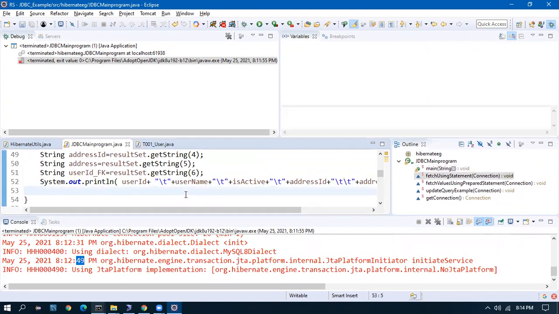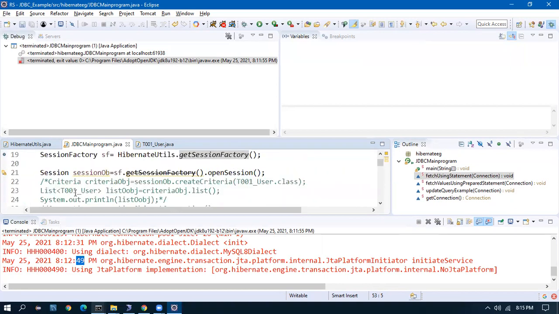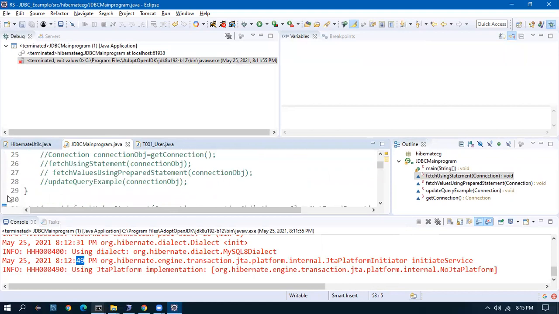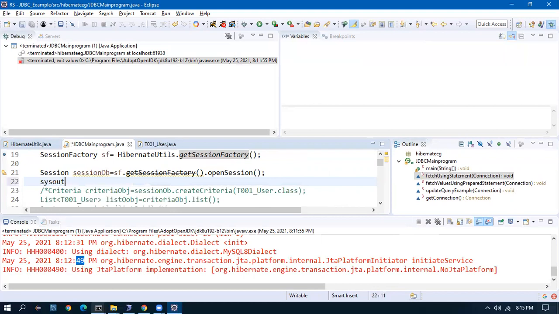Then I stop the session. Actually after this I'll do a sysout of the session object.